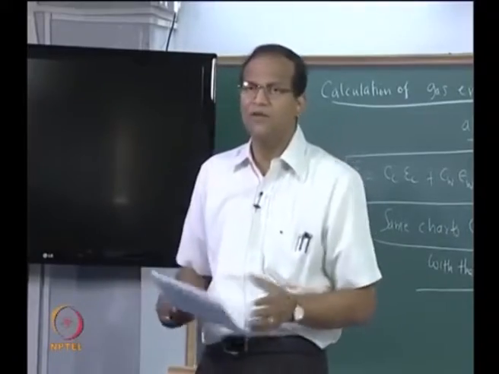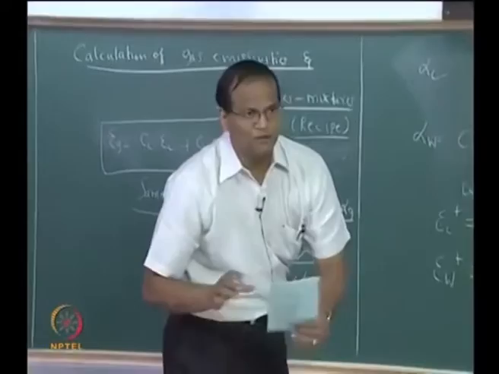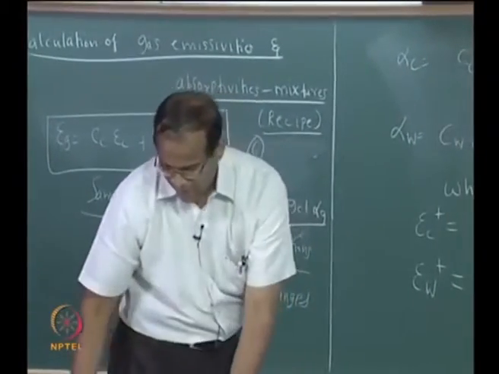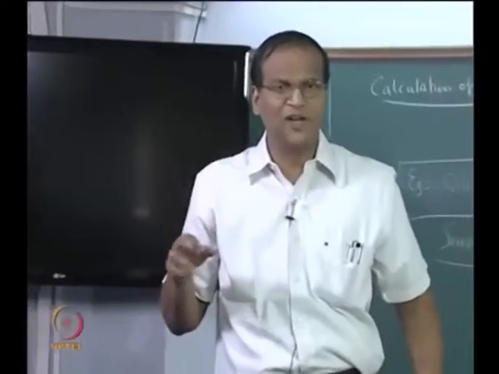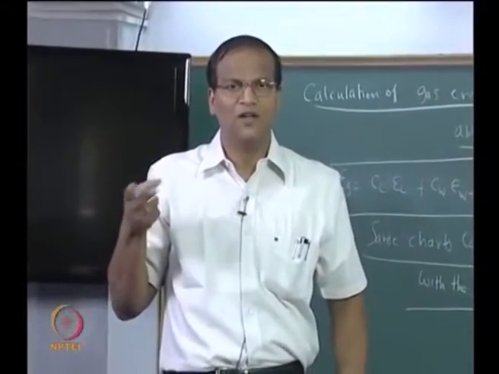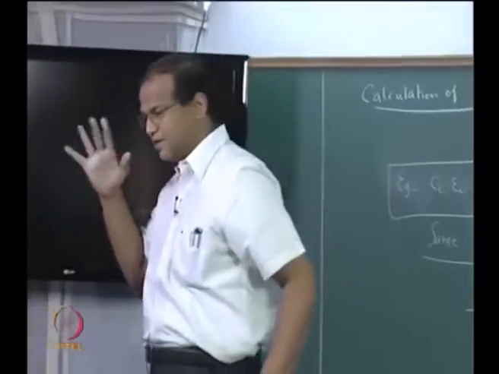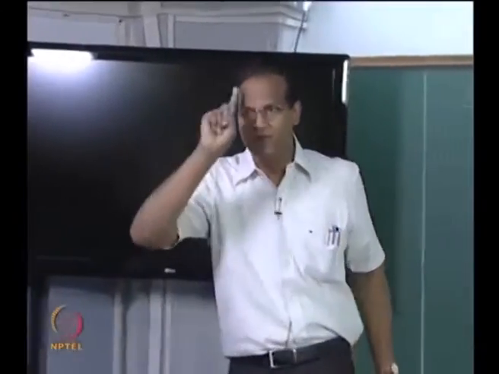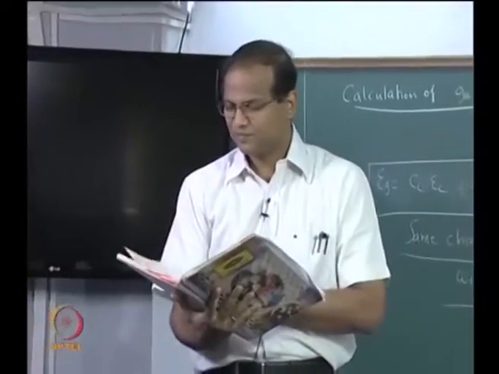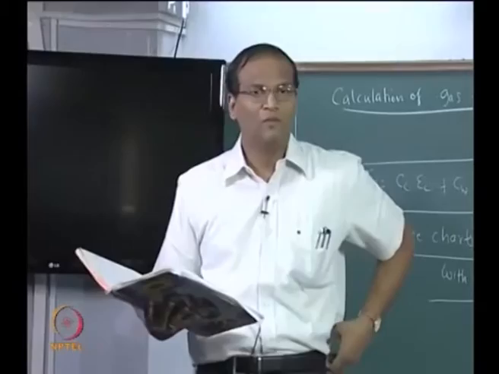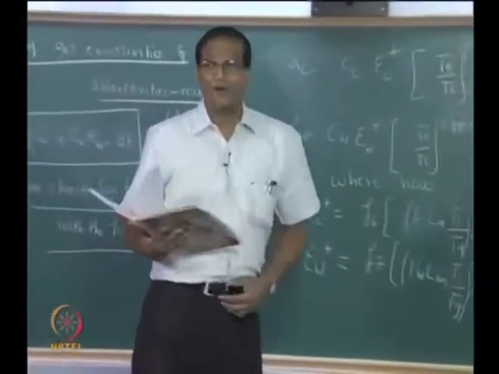Things will look very vague and nebulous when we do something like this, but once we solve a problem everything will be clear. So you have two choices. We will take a problem which is difficult, with pressure 2 atmosphere, or you want to solve a problem with pressure 1 atmosphere, so that we just do one problem and be done with it. Problem number 41. Hopefully this is the last problem for radiation.